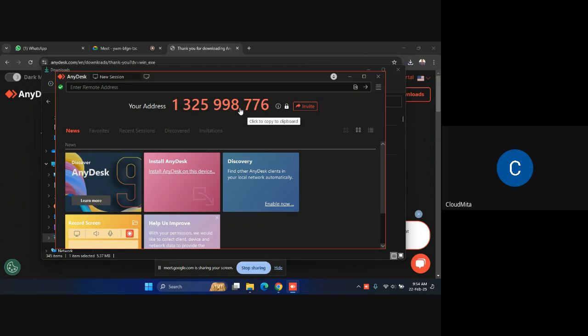So on my own end here, I'm going to open up my own AnyDesk. And when I open it now, you can see that I also have my own address here. And you can see that we have the address book here. Can you see where it says enter remote address? That remote address is what we have on this your address. So whenever you install AnyDesk, everybody has their own address. I also have my own address. You can see that mine is